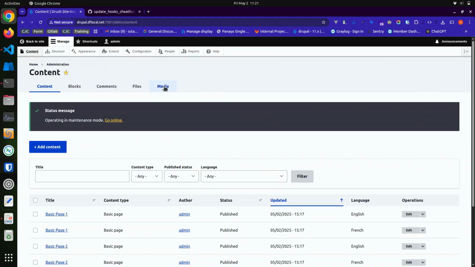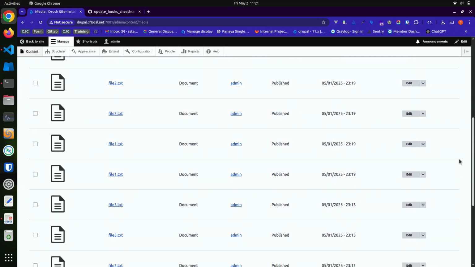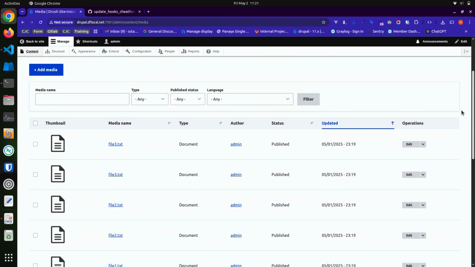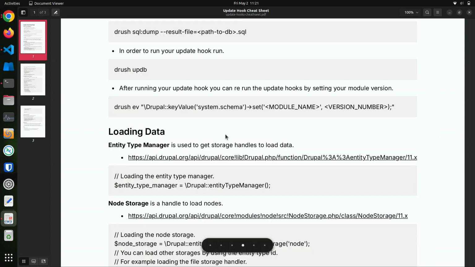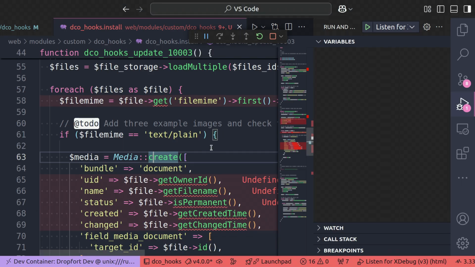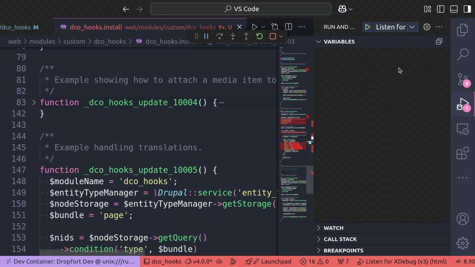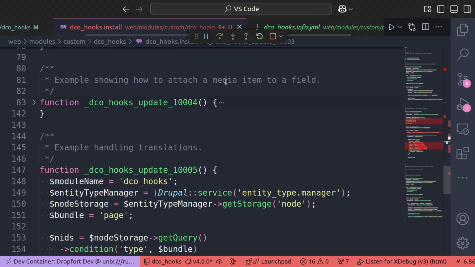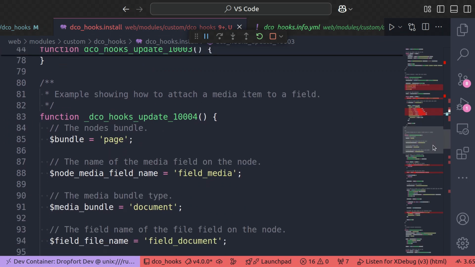And then if we come back to the site, content, and then we can go to media, and you can see here are the different media items that we have created. So the next step, once we create the media items, is we're going to attach the